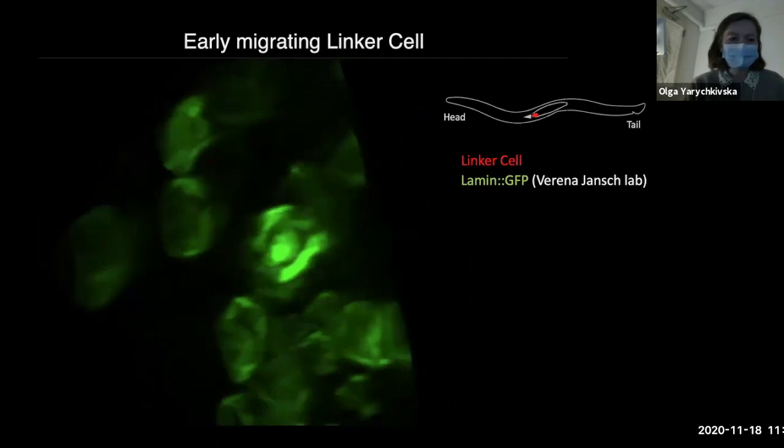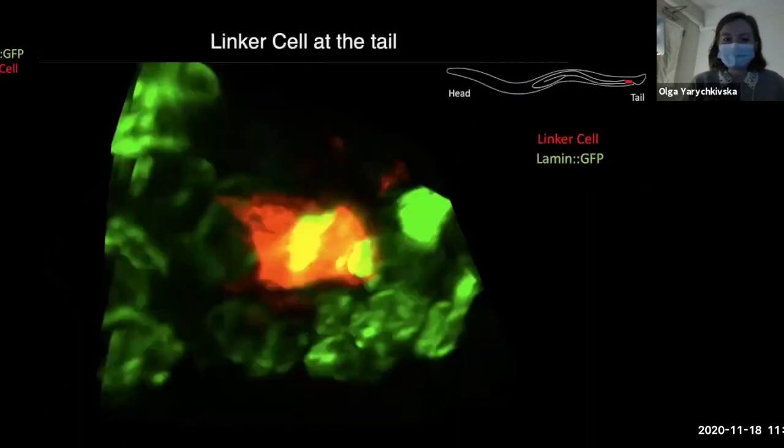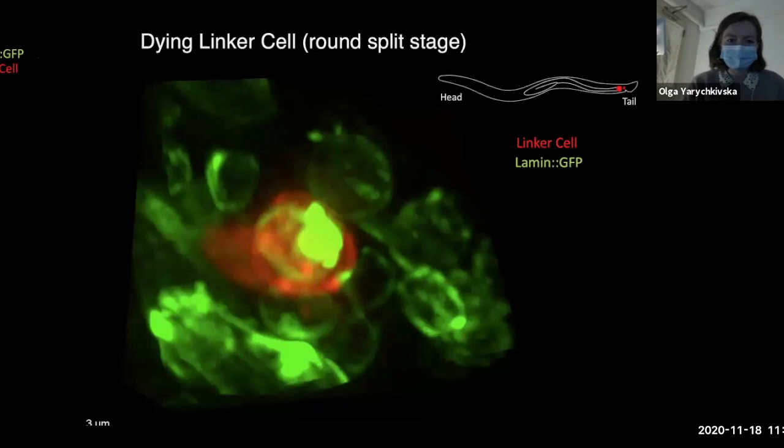So essentially, as scientists, what I will do with this is I will take many, many pictures, like 50 to 100 pictures of worms of these linker cells. And I will look at these images and try to find the trend and try to find some observation. What is different in the linker cell compared to other cells? What is different in this migrating cell versus when the cell starts to die? And here I have one video of the cell that is dying.